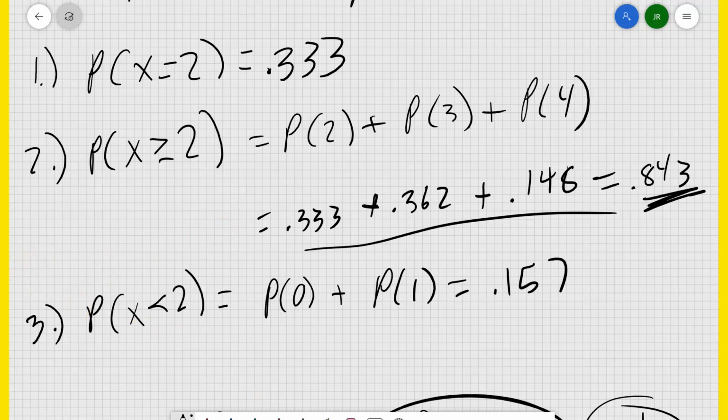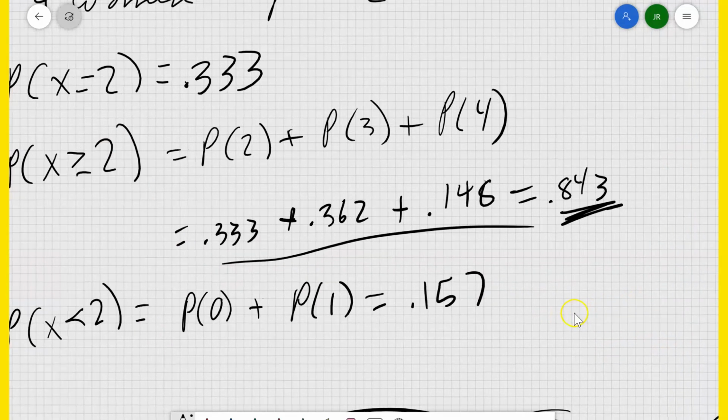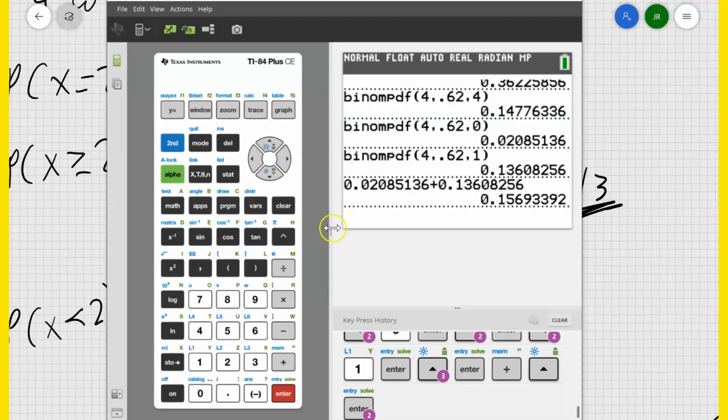Okay, now let me show you another easier way to do problems like that. When it asks you, what is the probability that exactly this many people or this many objects or whatever, when it's an exact number, then use Binomial Pdf. But when it's a range of numbers, like what's the probability that it's at least 2? Or what's the probability that it's less than 2? There's actually another way to do that that's a little quicker. So Binomial Cdf is going to be applied here.